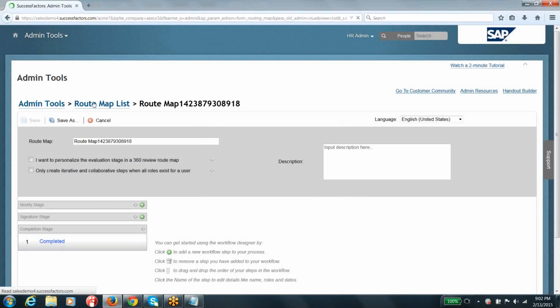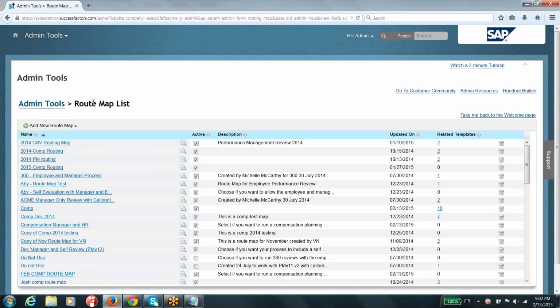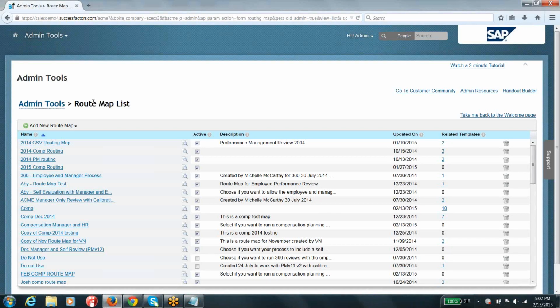Yes, we are going to repeat this again when we move on to the goals and performance, guys, but I'm giving you the basics that you need to understand before we move on to the GM, PM or comp modules. Say you configured everything, you have your roadmaps, you have your rating scales, everything is configured perfectly. So how are we going to practically launch this, or let's say the second thing is how you are going to integrate this roadmap to a corresponding template.